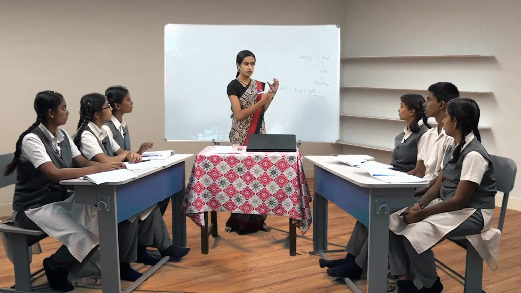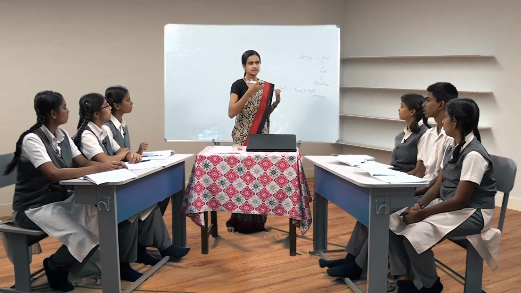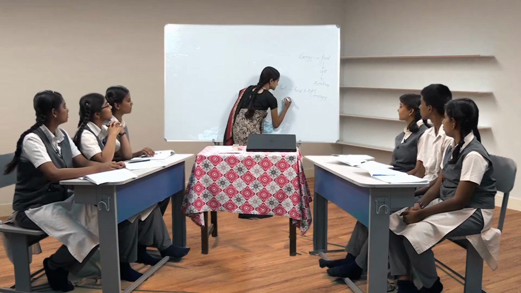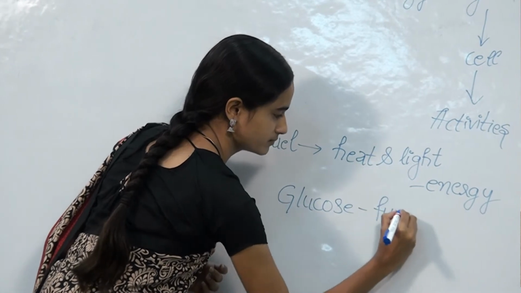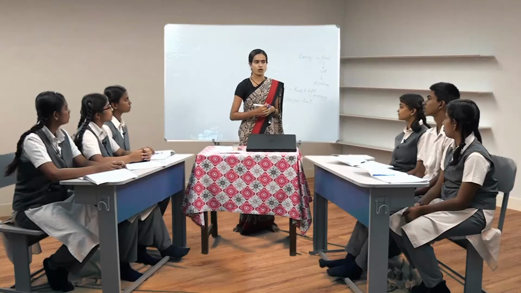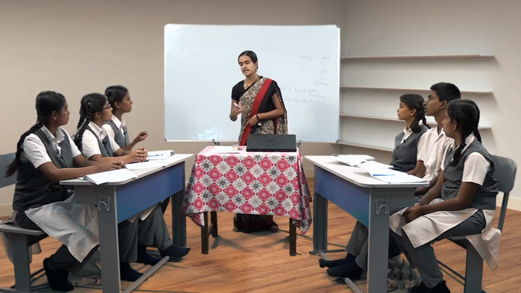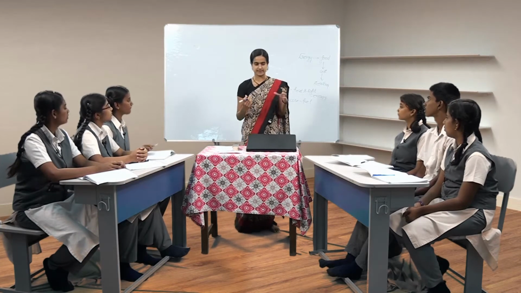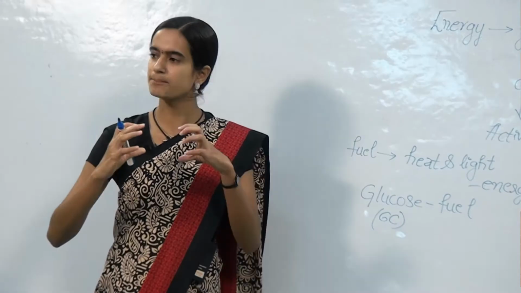Do you know what is that fuel? Like how the coal or the wood you said is fuel, some fuel is there in our food items which is giving the energy which we need. It starts with the letter G. Glucose. Very good. So it is glucose, that is the fuel in our food. Now, does anybody know the structure of glucose or the chemical formula of glucose? Ma'am, it's in powder form. Okay, it's in powder form like the sugar we see in our daily lives. I'll just tell you that it's a 6 carbon molecule. Okay, it's a big molecule.